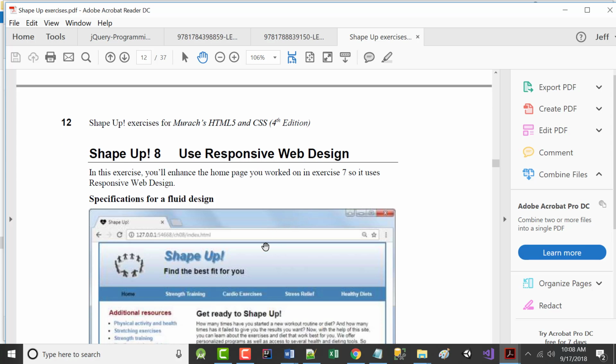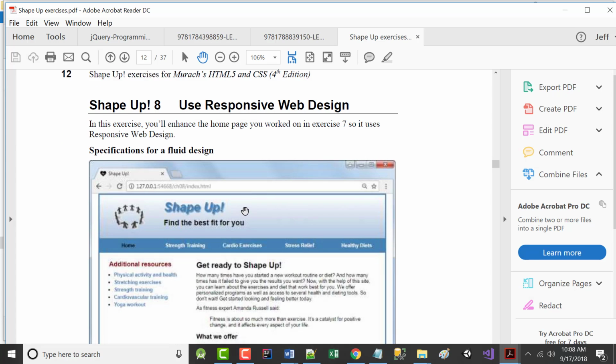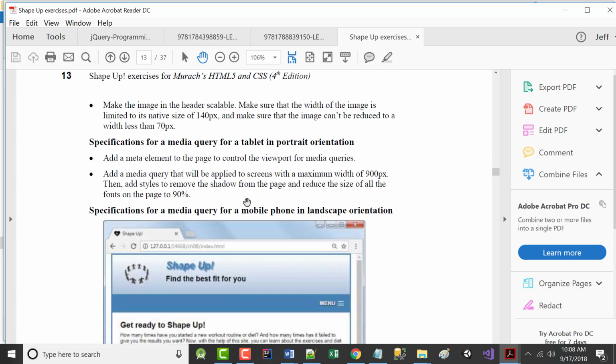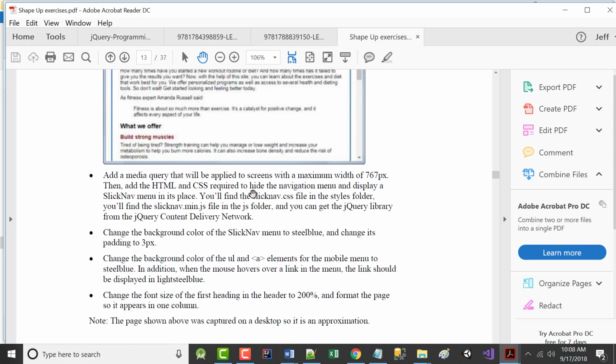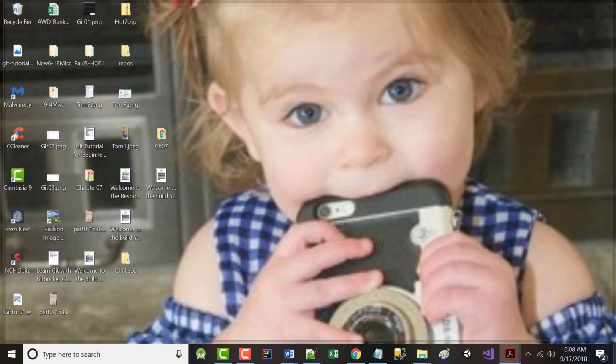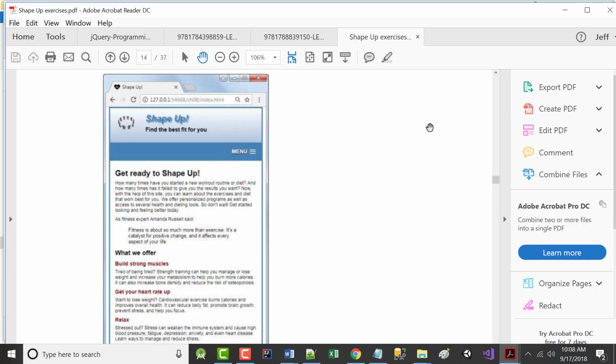When we get into chapter 8, just so you know, that'll be next week. But when we do, if you look up on the screen here, that's when you're going to be able to change the size and you'll see then how it would look on a phone. All right? And I'm going to do some stuff when we get there that's not in your book. I'm going to actually introduce something. You won't have to put it in, but I'm going to show you something where we're going to add about